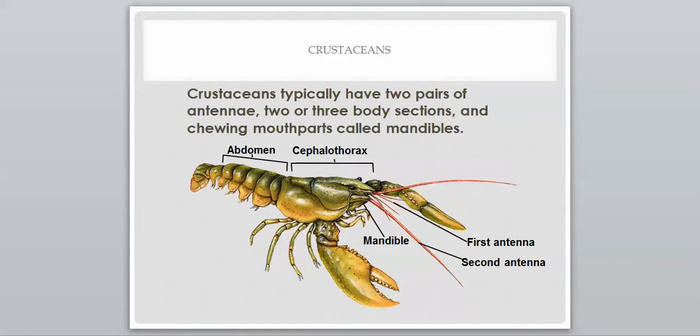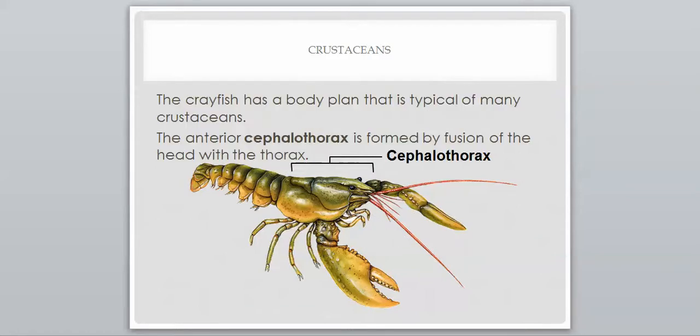Some defining characteristics of our crustaceans are that they typically have two pairs of antennae, 2 or 3 body sections, and chewing mouth parts called mandibles. So they have 2 pairs of antennae, as we can see there. We have 2 body sections in this example, and we have our chewing mouth parts called the mandibles. And the crayfish has a body plan that is typical of many crustaceans, so we're going to use this